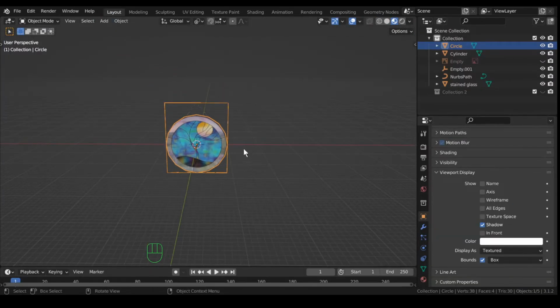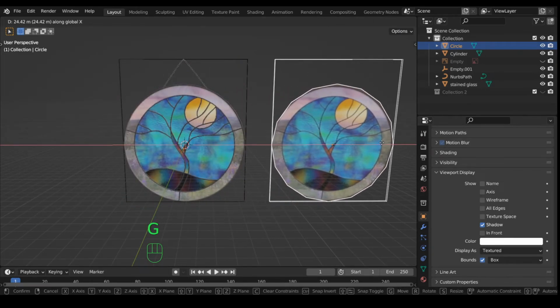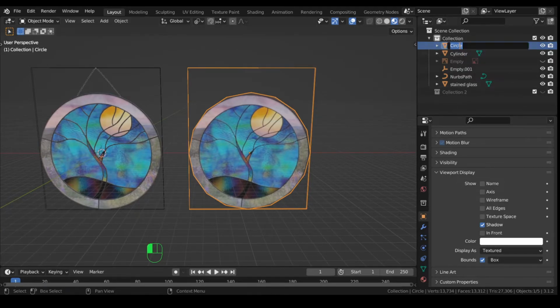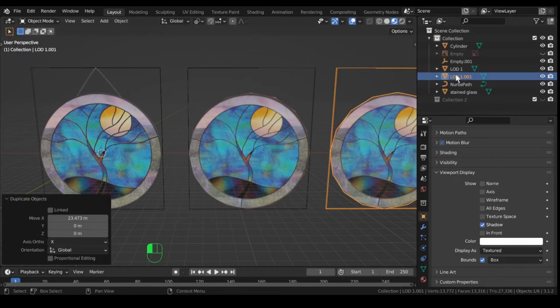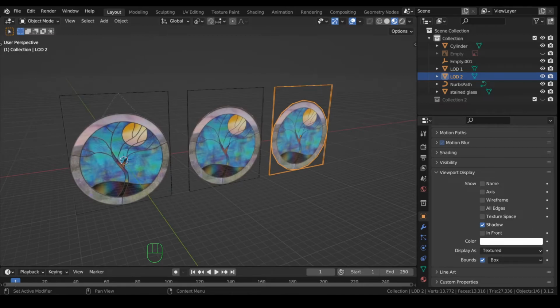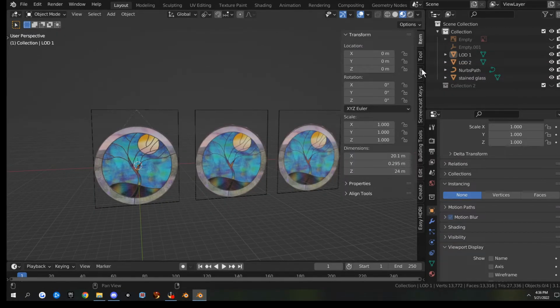Okay, back to layout. So now that we have that, I'm just going to move it over here. And it looks pretty close to the same. I'm going to rename this to LOD1. And I'm going to make another copy of it. And I'm going to name that one LOD2. So now that we have our three LOD models,